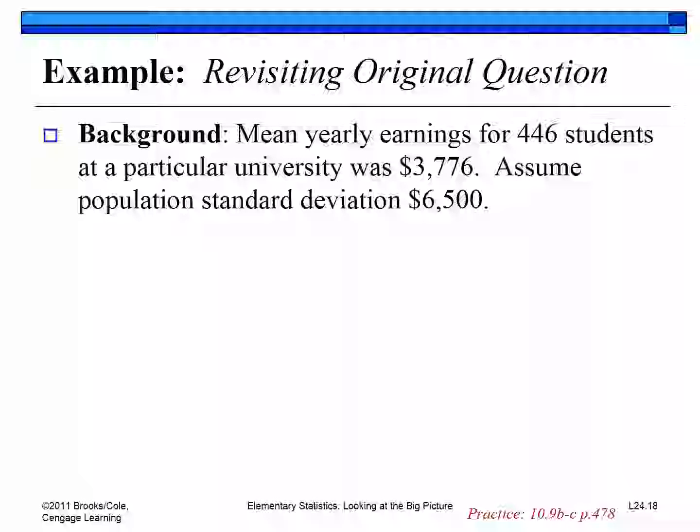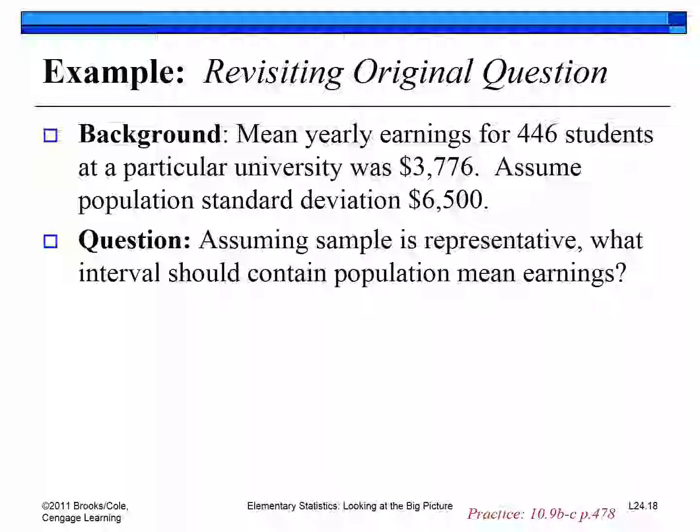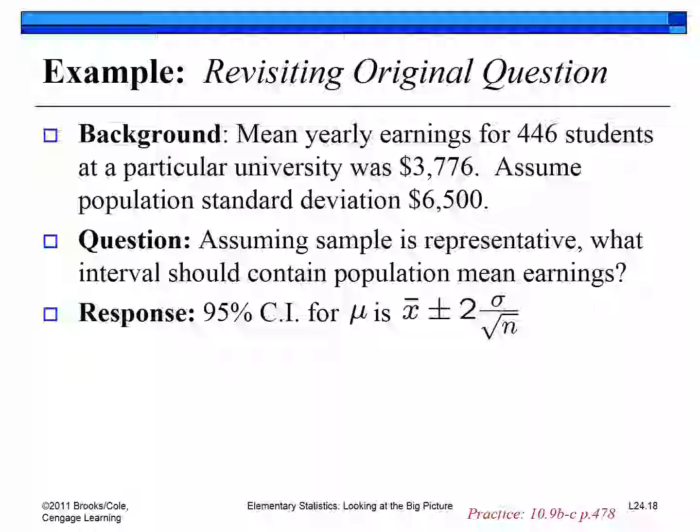Back to our original question. In our sample, the mean yearly earnings was $3,776. Let's assume for now that the population standard deviation is $6,500. Assuming our sample is representative, what would be our confidence interval? The 95% confidence interval is the sample mean plus or minus 2 standard deviations for sample mean. That is